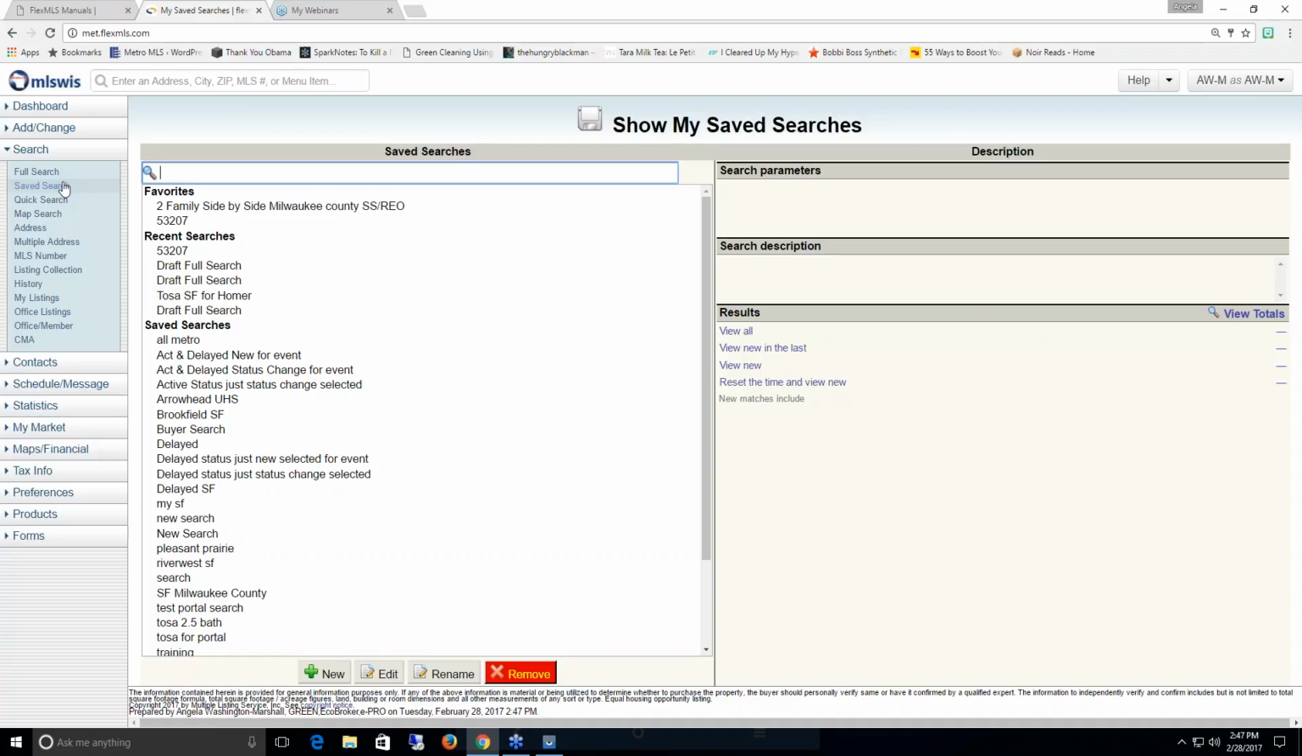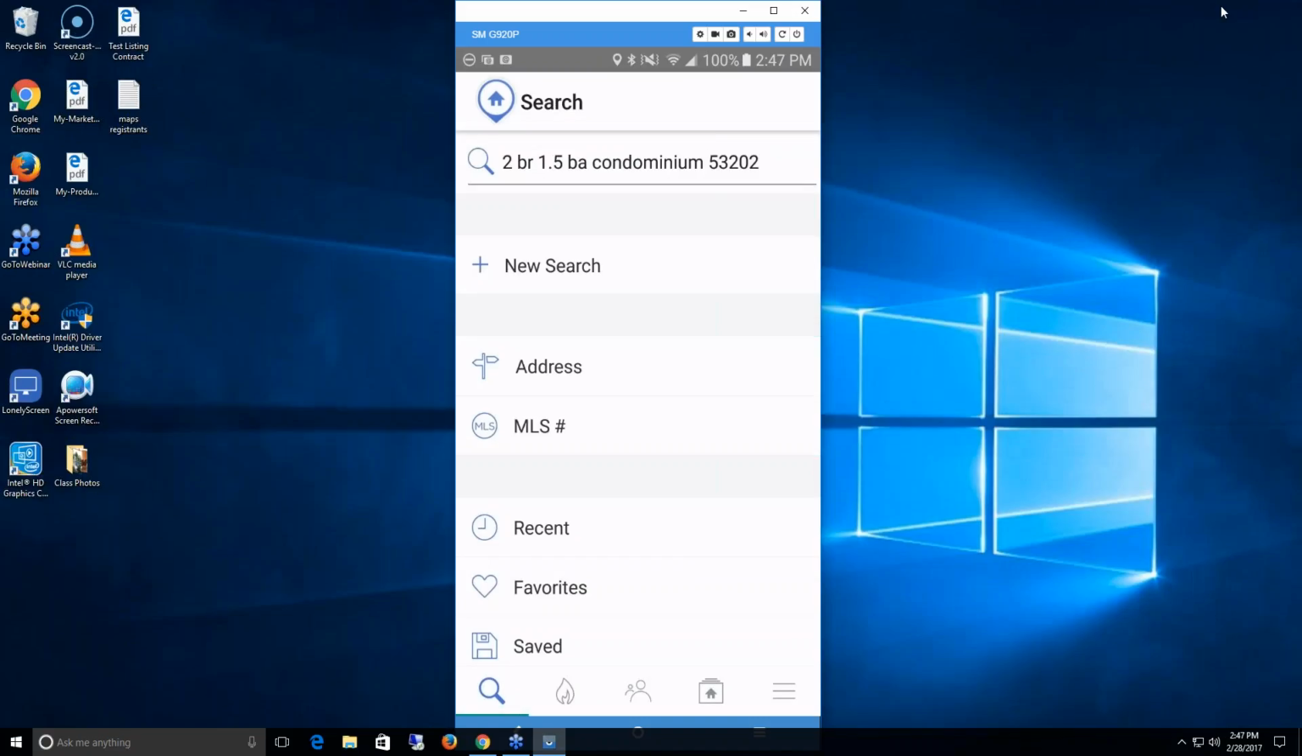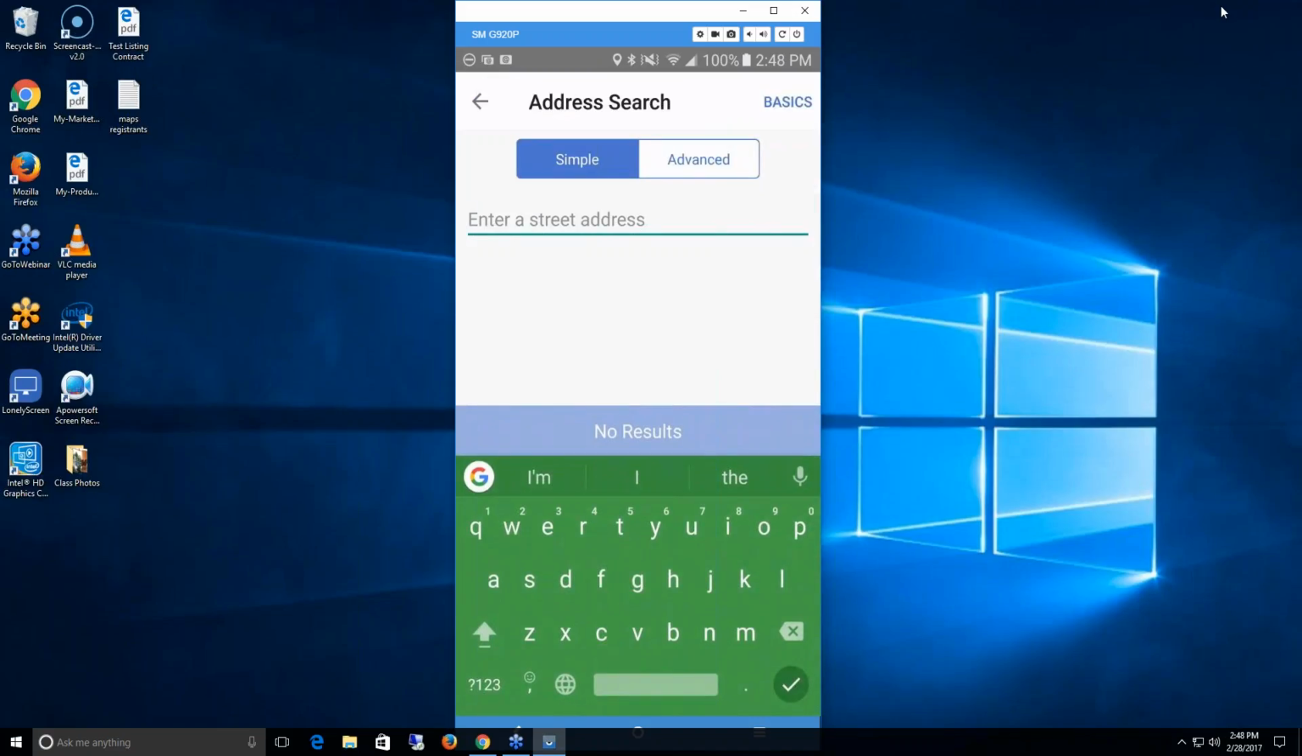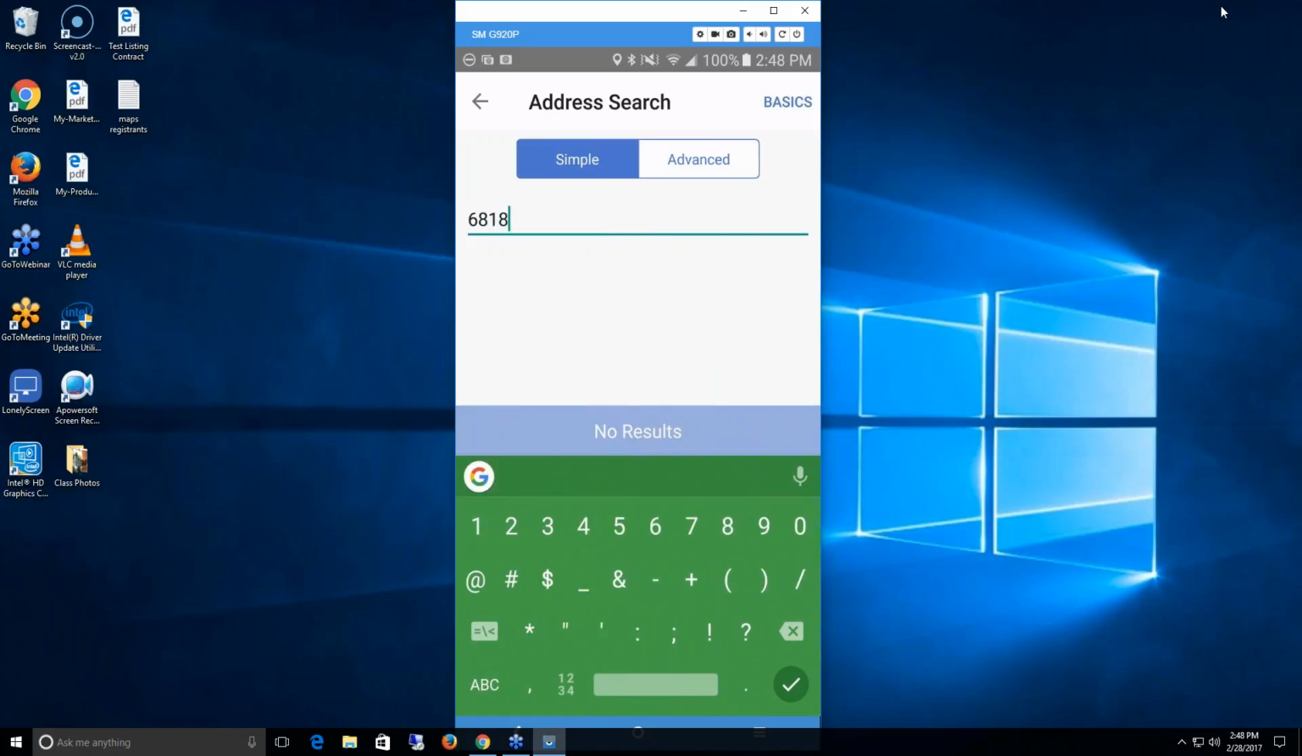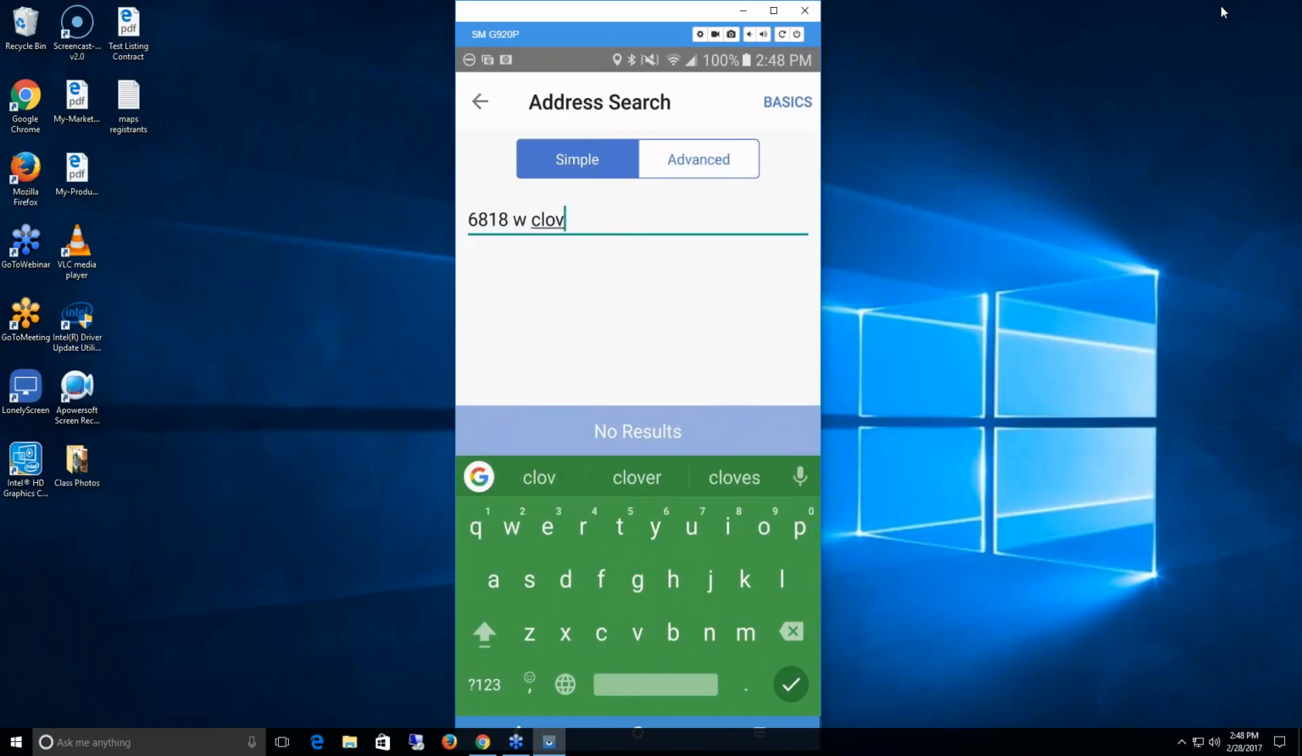All right. Next is address. If you'd like to do an address search, tap on address. So let's say you wanted to search on an address. I'm just going to type something in here, 6818 West Clovernook. All right, so as I'm typing it in, it's saying it's found 6 results that match that address. So when I tap that,